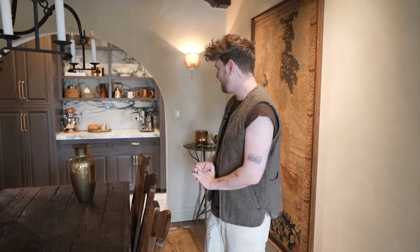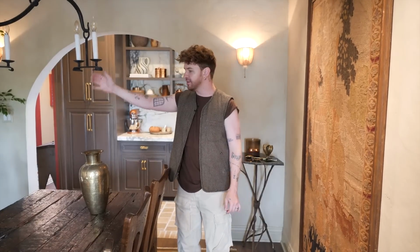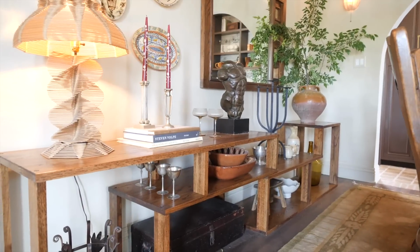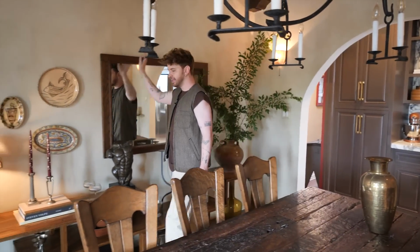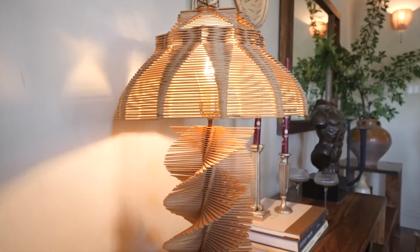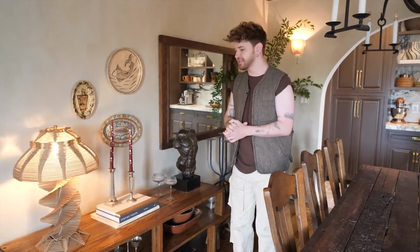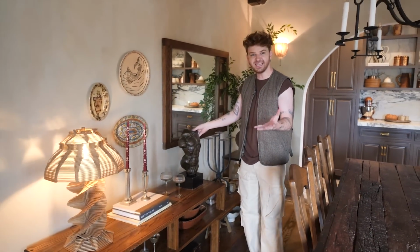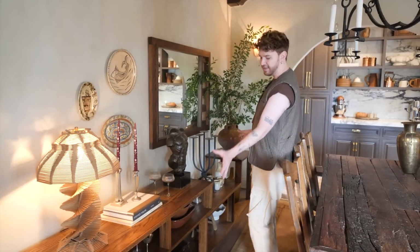It looks great, and I have so many Facebook Marketplace finds in this room, believe it or not. We have the chandelier over here, the bookcase against this whole entire wall over here is Marketplace, the mirrors Marketplace, the lamps Marketplace, the busts Marketplace. So you guys, I just love using it because I just stumbled across this one day and I was like, I need that. So I picked it up, and I have just a bunch of favorite serving essentials over here,